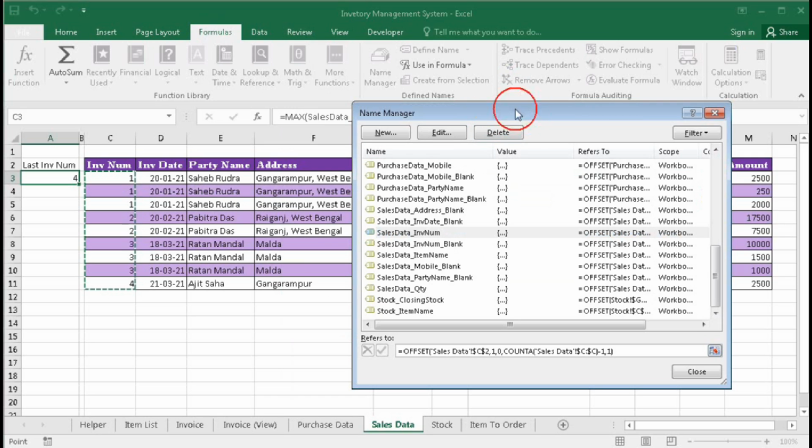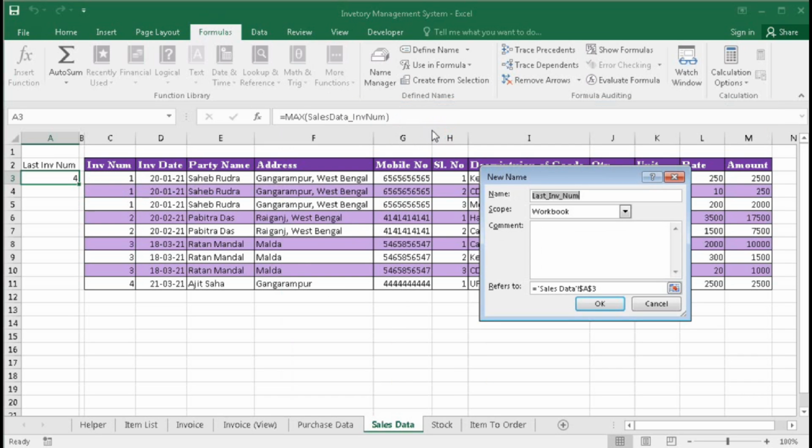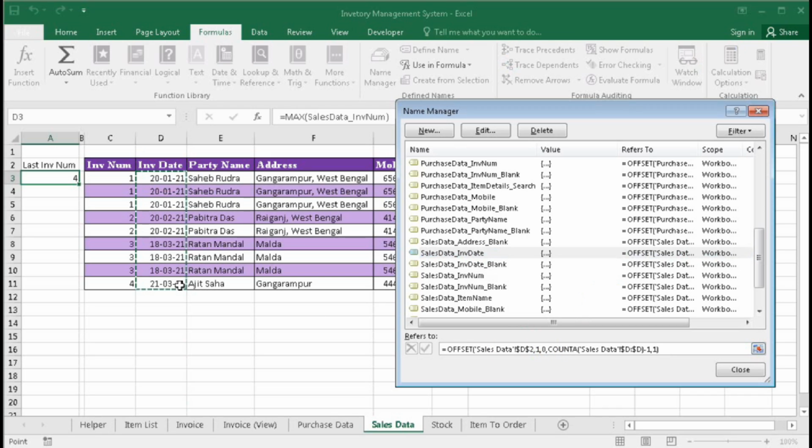So click on new, sales data underscore inv date, and here equal to offset bracket open this cell comma 1 comma 0 comma height will be counta bracket open, select D column minus 1 comma 1 column width bracket close. Okay. So in this way you have to create party name, address and mobile number.